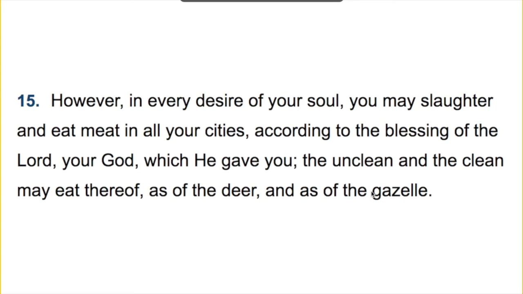And it's very commonly thought that this is trying to say that you can eat unclean or clean meat, but that's not what this verse is trying to say. It's trying to say whether the people are ritually unclean or clean, they can still eat of the meat that you slaughter in all your cities. Right, because if they were in the tabernacle gate and the slaughtering was happening for a sacrifice, if you were unclean, you couldn't eat of it. Exactly, yeah. So this is saying in your towns, you can eat meat, clean or unclean. You don't have to abstain for some reason.